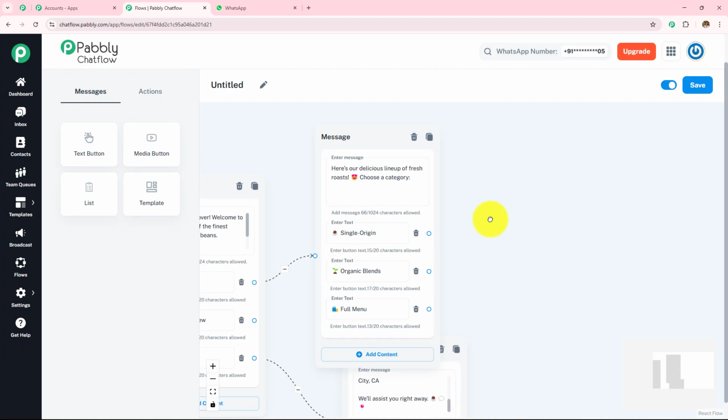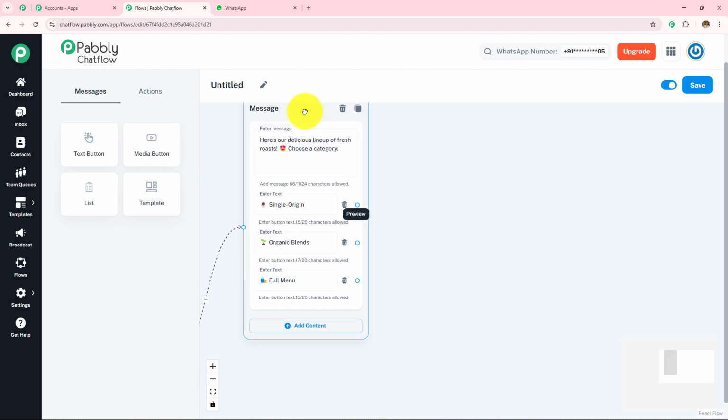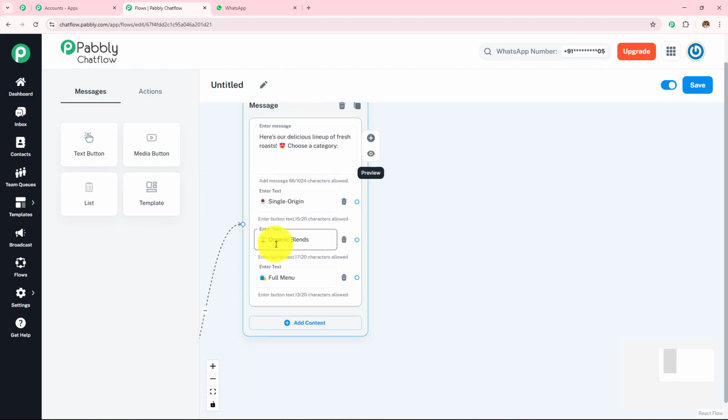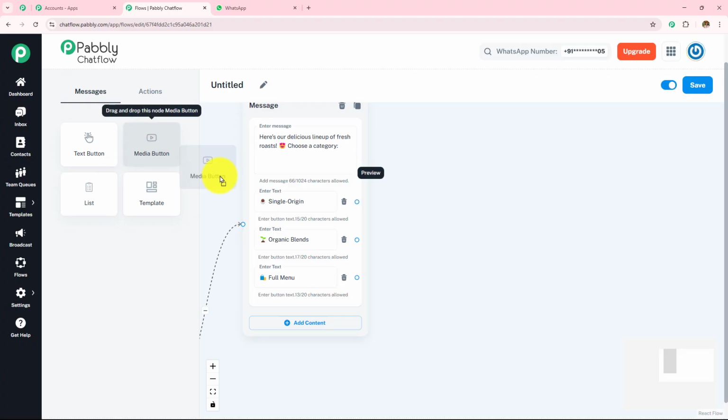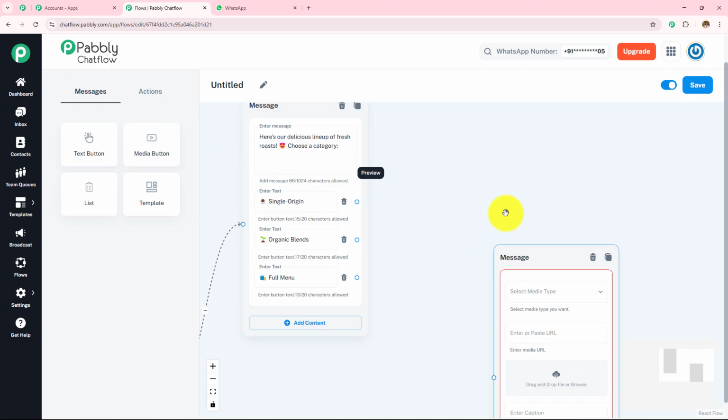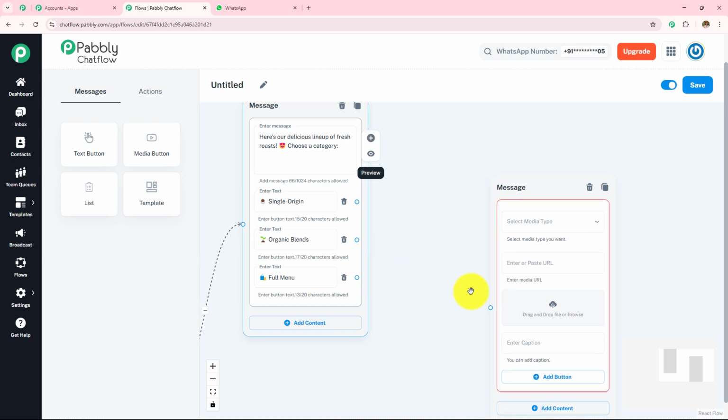Now here what I am going to do, I am going to provide the detailed information of the single origin and organic blends, which are like my specialty, and then I am going to provide the full menu. So here in this full menu, I am going to provide the image. Now to provide the image, as I have told you earlier, we are going to add this media button. So let's drag and drop this media button, and I am going to build the connection from the circle to